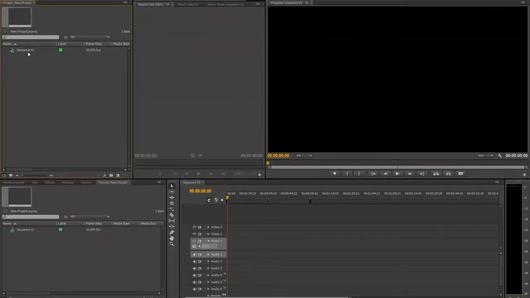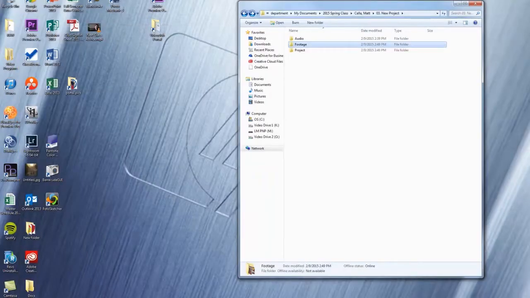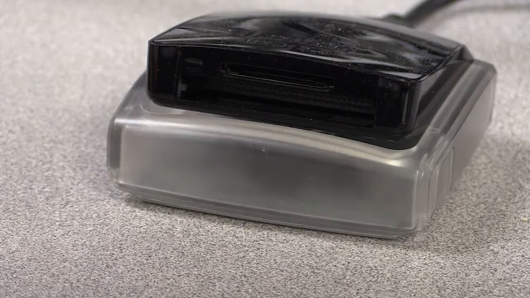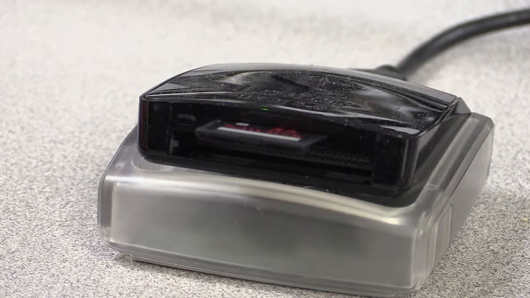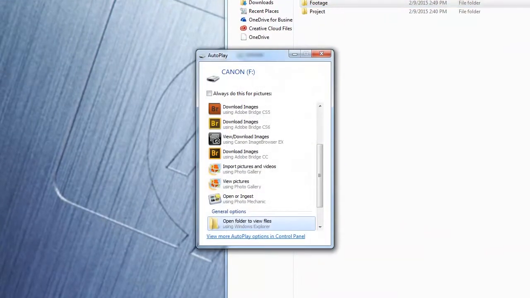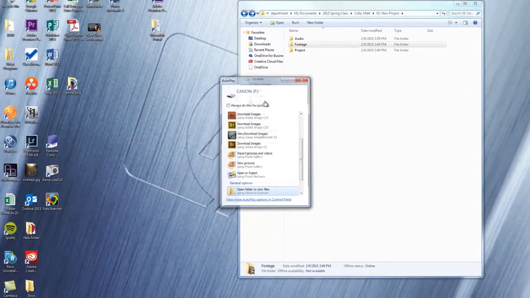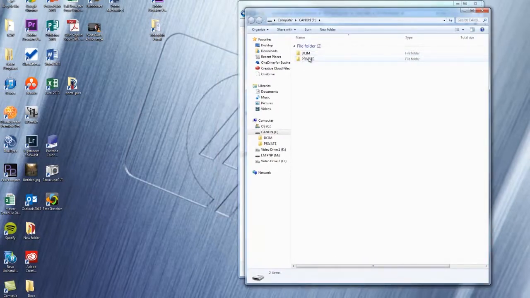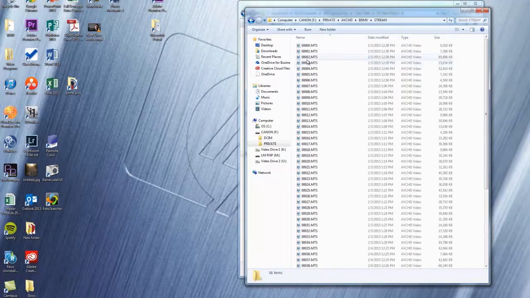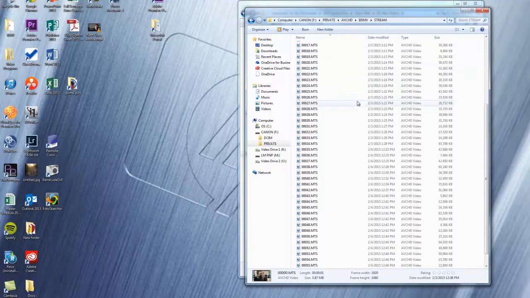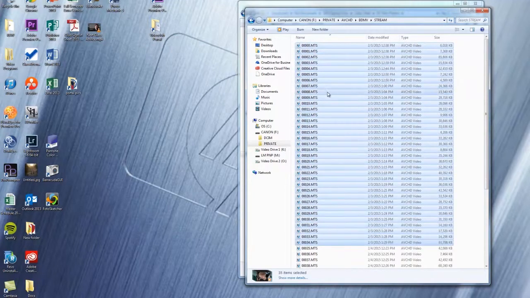And I'm going to show you some mistakes that students have made. So what they've done is this. They take their card out of the camera, stick it inside the card reader, and open up their footage. They go to Private, AVCHD, PDMV, Stream, and grab their footage, and this is a huge no-no, but people still do it. They take their footage,